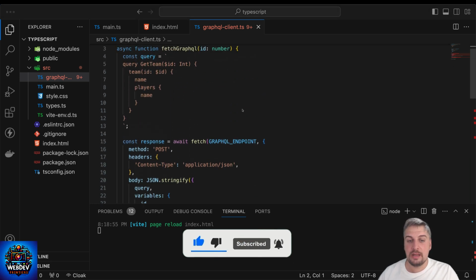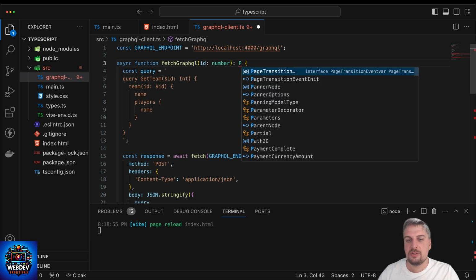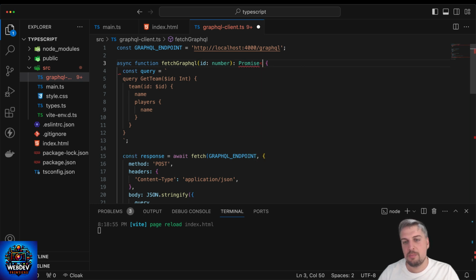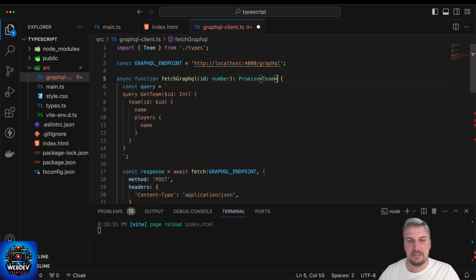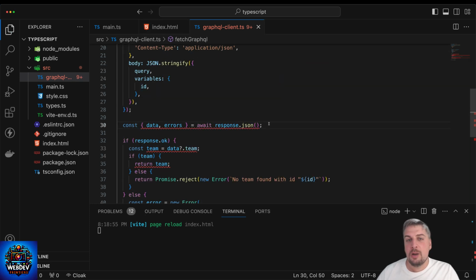And the best way to do that is to come up here for the fetchGraphQL function and notice that this at the moment returns a promise of type any. And we really don't want to do that because, as we said, we don't want to have the any keyword appear anywhere. So let's make sure that this actually returns a promise of type Team, and just make sure that we import type Team here. Now, a couple of errors still exist in here, but